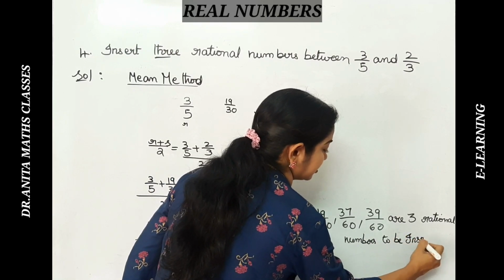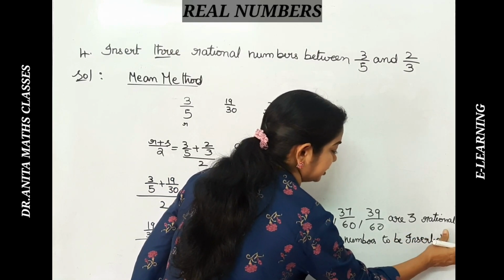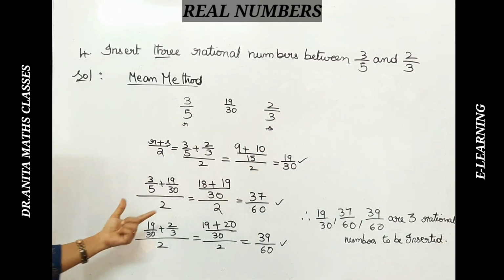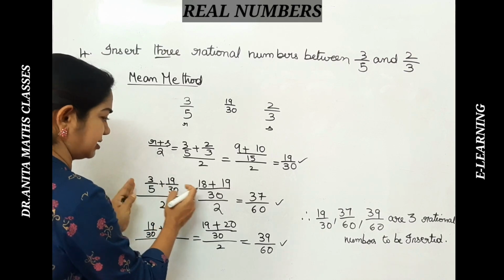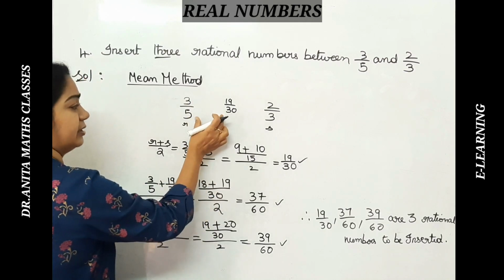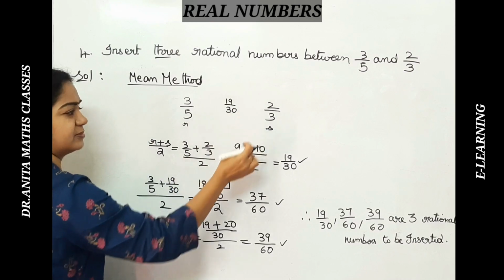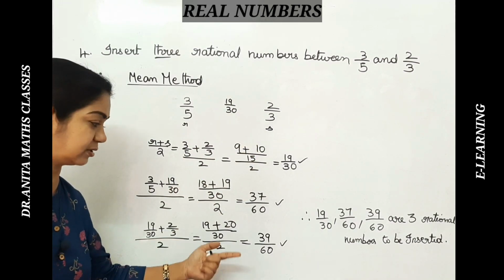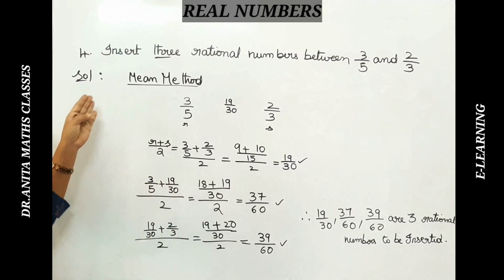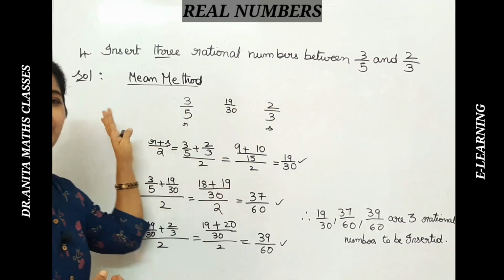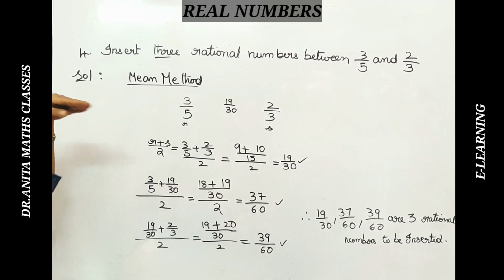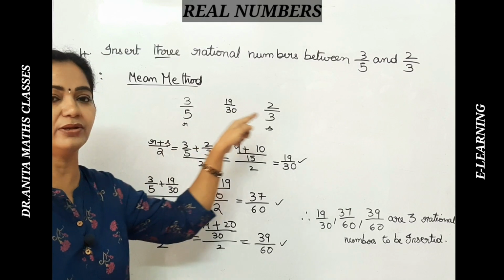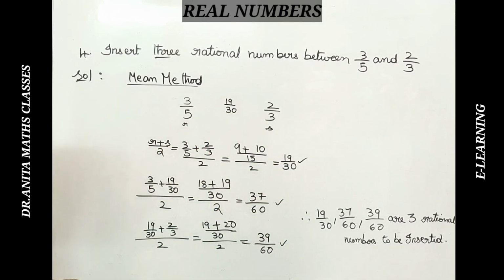Infinitely many we can get. With the mean method, if you want to find another 2, it becomes more and more lengthy and complicated. If they ask for 5 in between these two, the mean method does not work out well. We have to go for the second method, where you bring these to equal denominators and find out. Pause it and note it down.